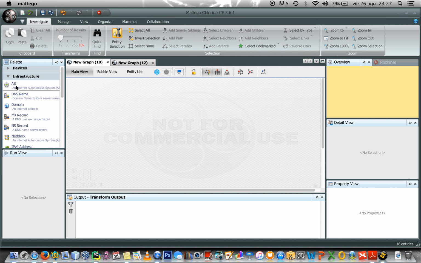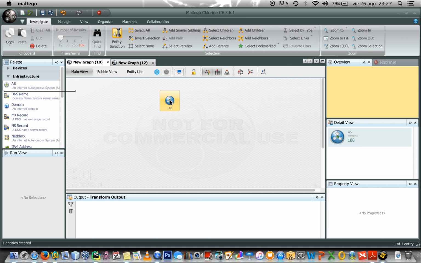So let's imagine that we are currently working on an analysis and we have identified an AS number, and this number is assigned uniquely to organizations. So we would like to know, for example, two things. The first one would be which is the organization, the name of the organization that is related to the AS number, and the second one is which are the netblocks that belong to this AS number. So let's start